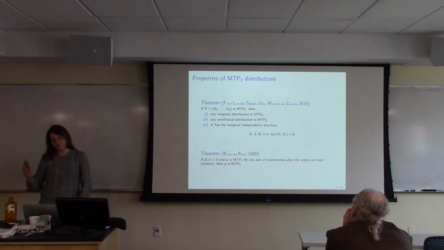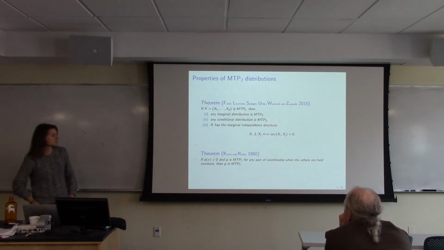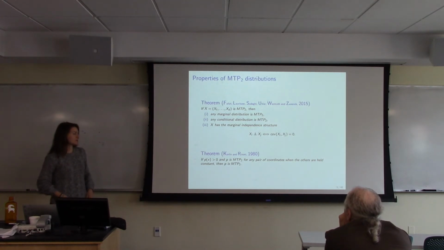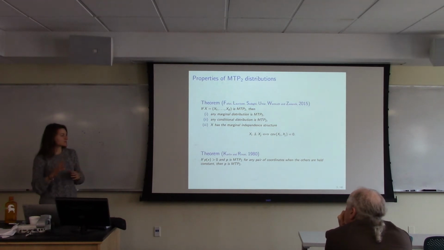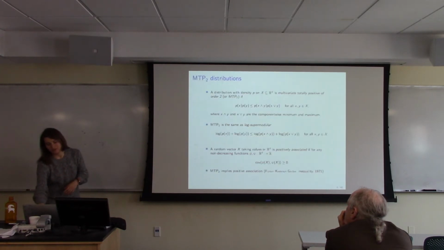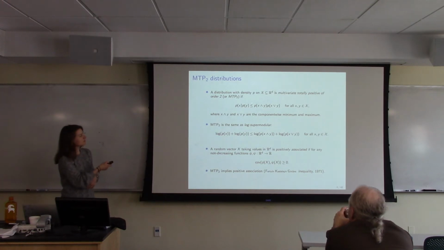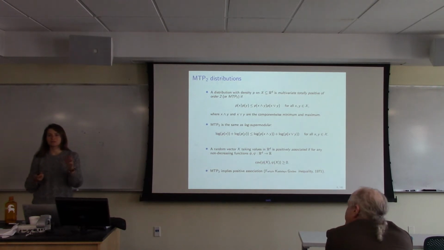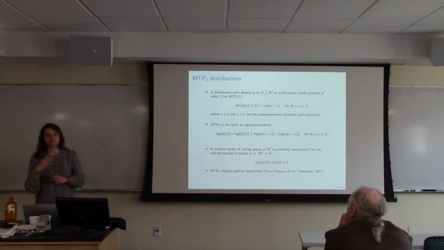Okay, and then there's also another, maybe simpler way of defining MTP2 distributions. That is that if the density is positive everywhere, or there are actually a bit weaker conditions for this, then P is MTP2 if and only if it's MTP2 whenever you restrict to two coordinates. So if you just impose the condition from the definition, this one here, whenever x and y are equal except in two of the coordinates, then that's enough. That will mean that the whole distribution is MTP2 if, for example, it's positive.